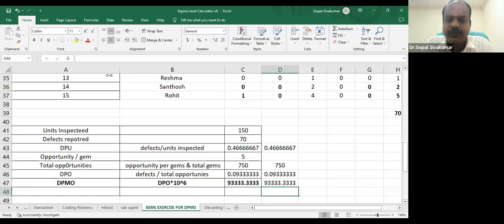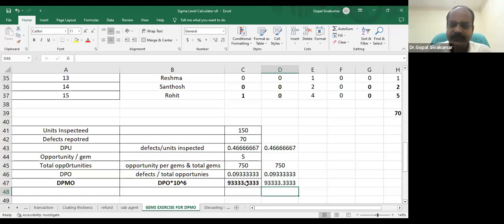For example, in an online training program, what will be the DPMO? I want to measure the DPMO in an online training session. Session number 1, what is the DPMO? I want to know. What are the defect opportunities? Network failure, right? And trainer is not talking the subject properly. That is second defect. And there are many other things we can define. So accordingly, DPMO can be calculated in any scenario, whether it is a hospital, pharma laboratory, or a supply chain scenario, whatever it is, you can define and then calculate.